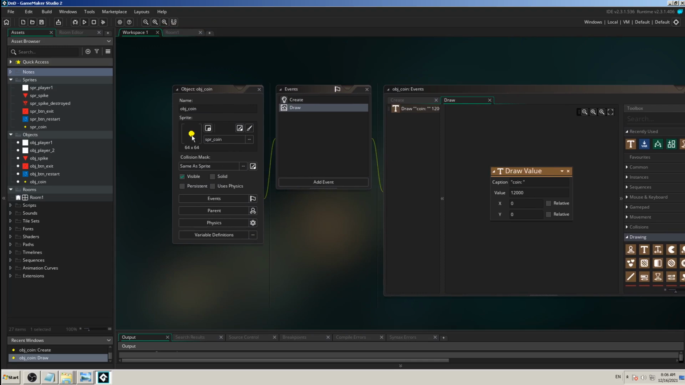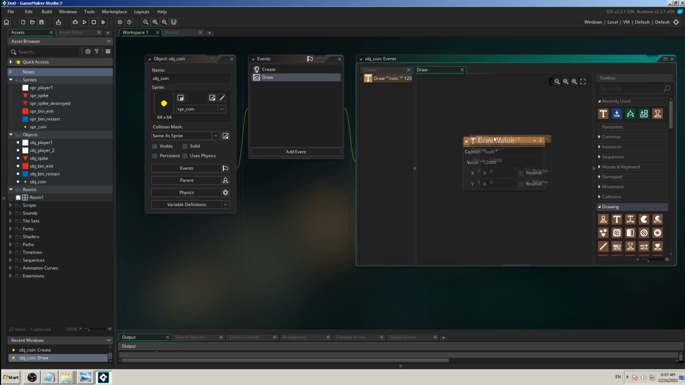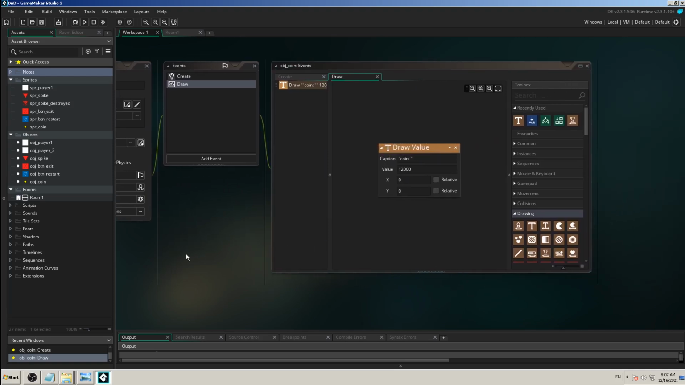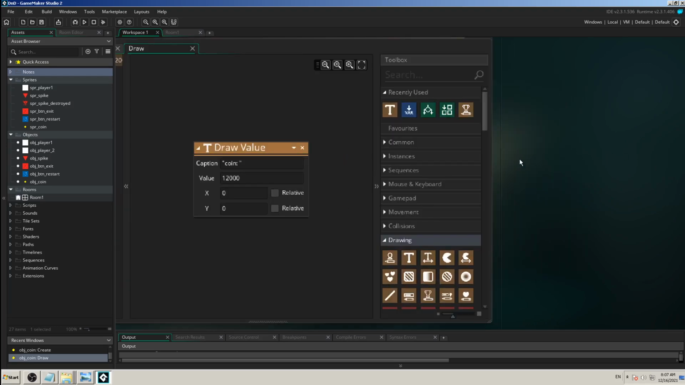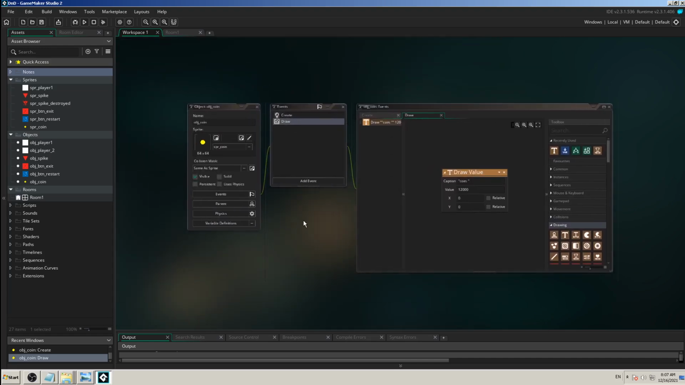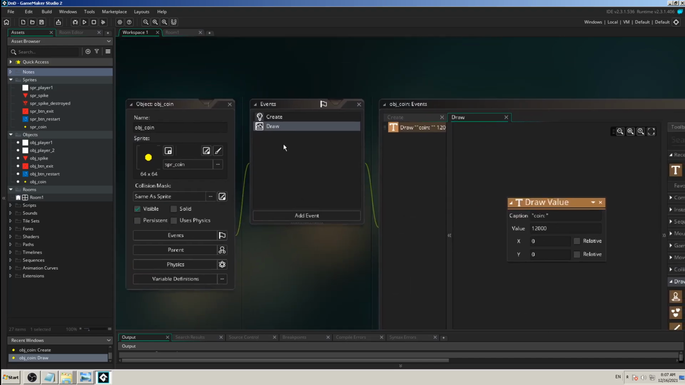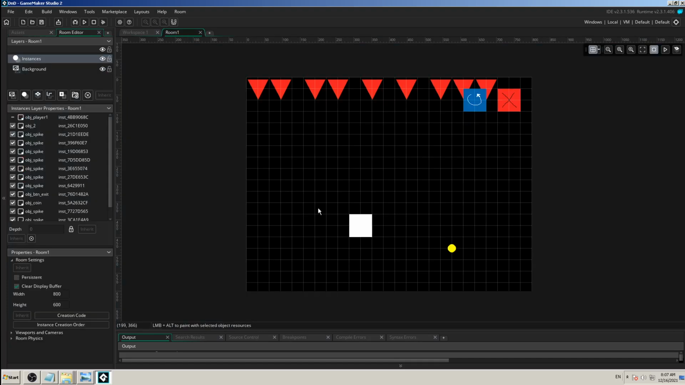So this yellow circle represents the coin. We had it on the screen, but when we added this draw value, the coin disappeared. Why is that so and how does that work? As you have seen in the last video, when we added the draw event, something happened. GameMaker Studio works in such a way that unless you have a draw event, it will